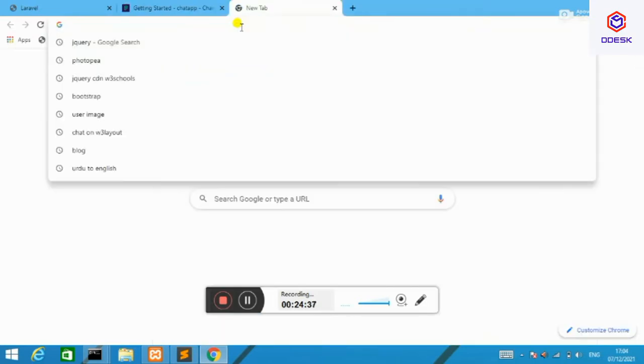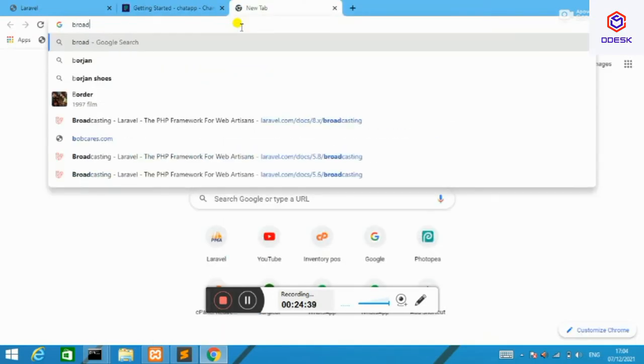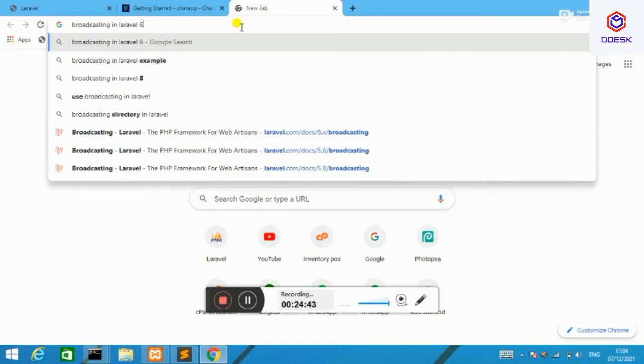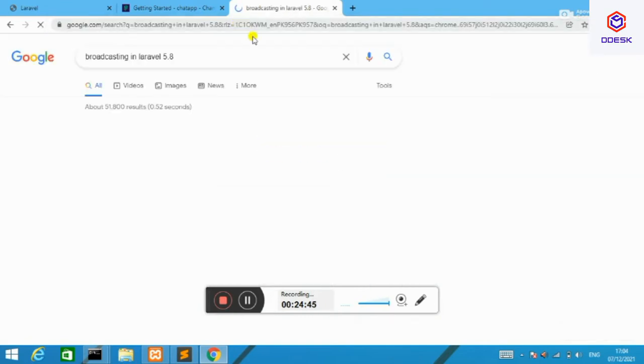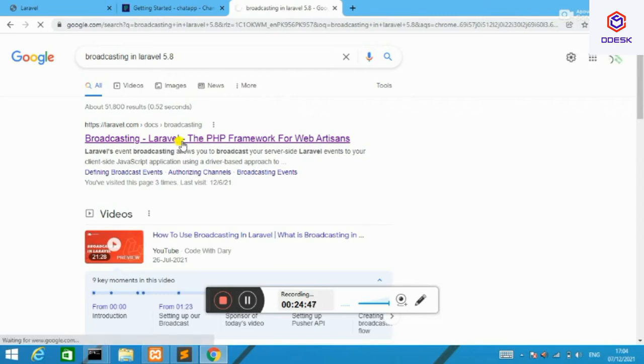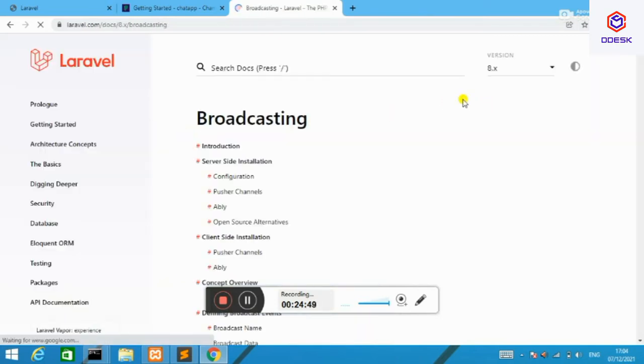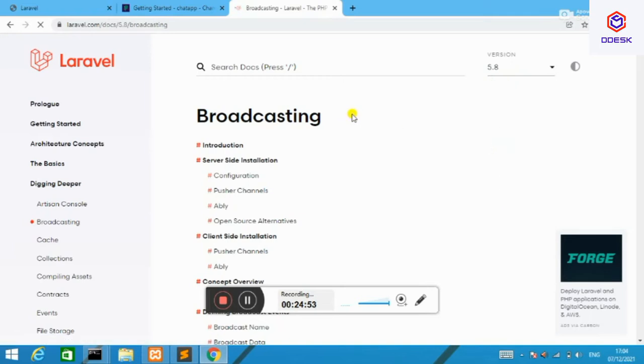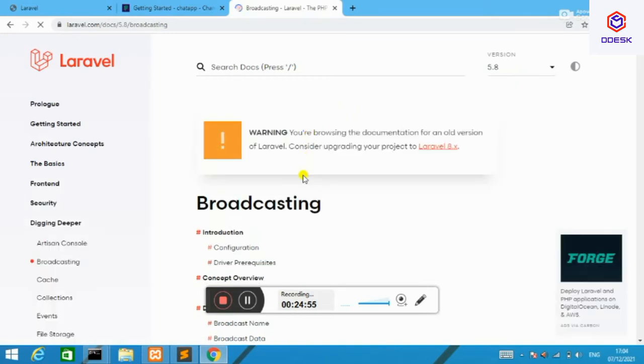This is the Composer library code. If you install it through Composer, then you can access this library, but I'm using the Laravel 5.8 version. I'll go to the Laravel documentation and type broadcasting here.